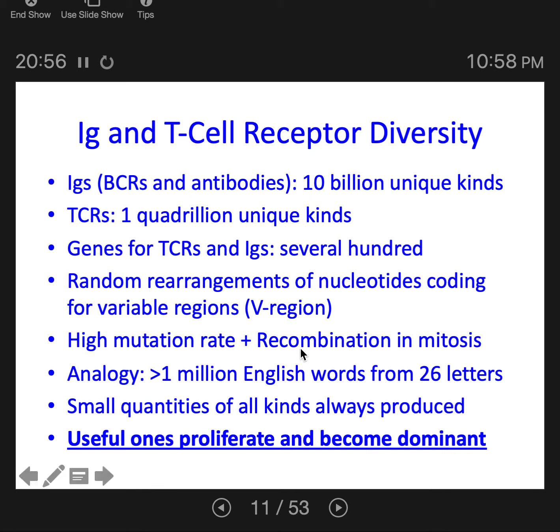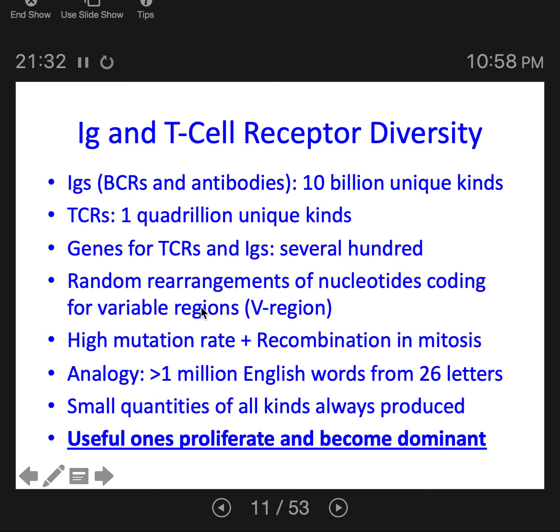So usually genetic recombination only happens in meiosis, in the production of gametes. But in these particular genes, for immunoglobulins and T-cell receptors, we get genetic recombination all the time. Whenever a stem cell that's producing B or T cells divides, or whenever a B cell or a T cell divides to make offspring, those particular genes are engaging in genetic recombination, meaning the nucleotide sequences are shuffling between the maternal and the paternal chromosomes, creating new unique sequences every time they divide.